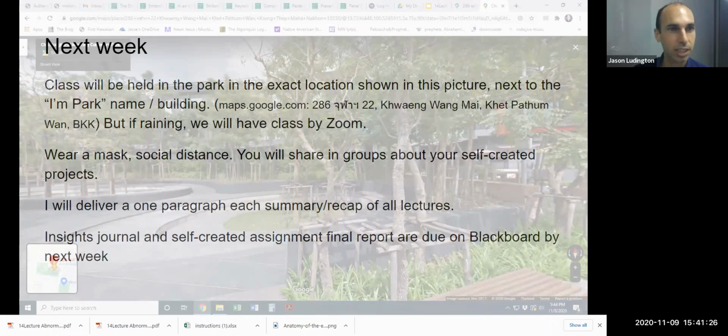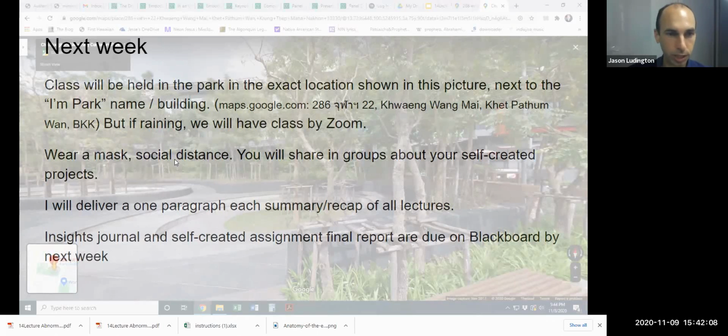So here's where the picture in the background of this slide is exactly where I want to hold the lecture. I've scoped it out and identified that this is a really quite suitable place for holding a lecture while we are still able to physically distance from one another. So there's the address. However, I hope it doesn't rain, but if it rains, we're just gonna have to go back to Zoom. If it's a light sprinkle, maybe we'll just bring umbrellas, yeah? All right, then wear your mask.